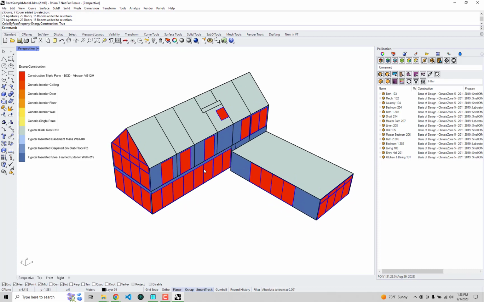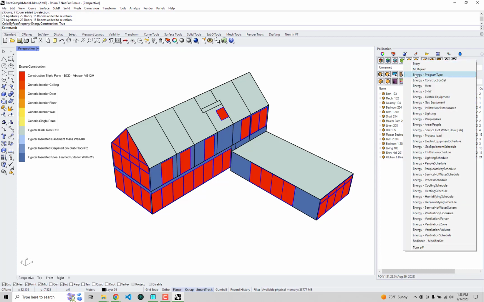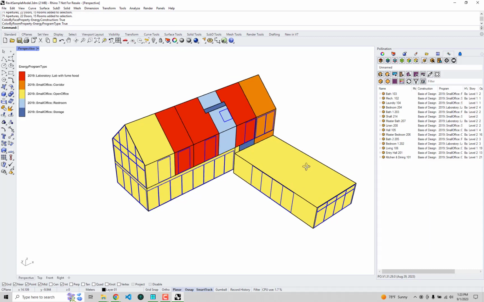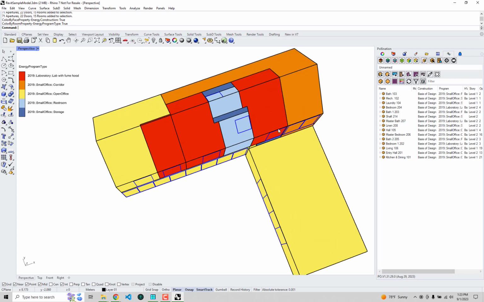All right, so this gives you a sense of how to actually apply, right? Once you have it in your user library, you can apply it to different models like this. Maybe I'll just do the same thing to give you a sense of the programs. I'm going to color all these by the program type. And you can see I have 3 rooms in this model that have that really generic laboratory with fume hood that has none of the sophisticated ventilation controls